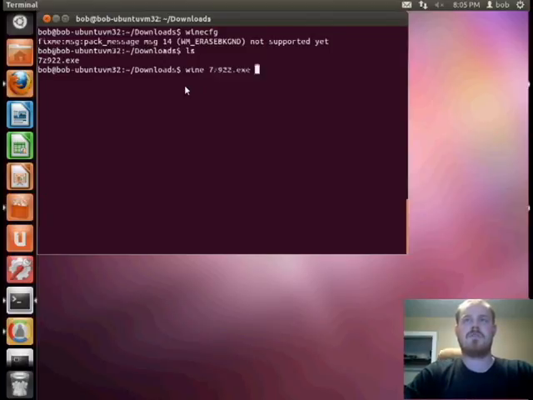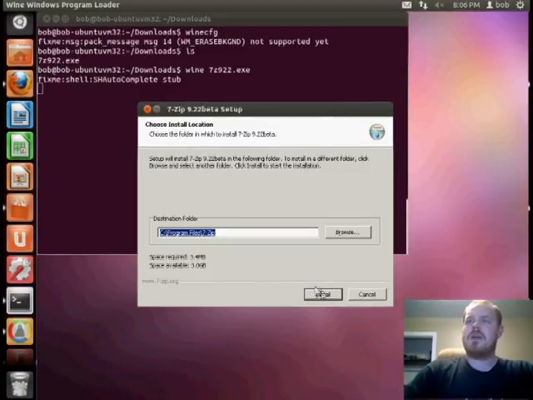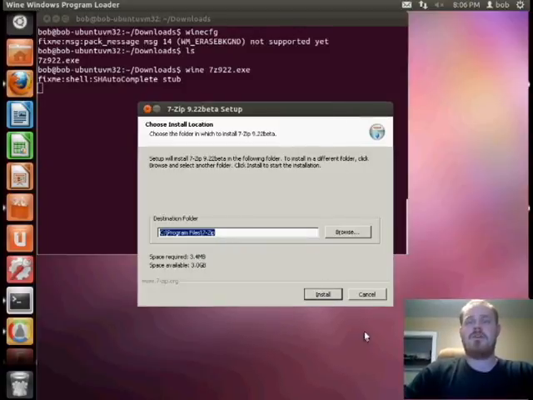Hit Enter, and there's our Windows installer, just like under Windows. We can go through the process. You can just leave the defaults if you like, and you go through the installer just like you normally would. Nothing special to it. Now, if you don't want to do it with the command line, you have another option,